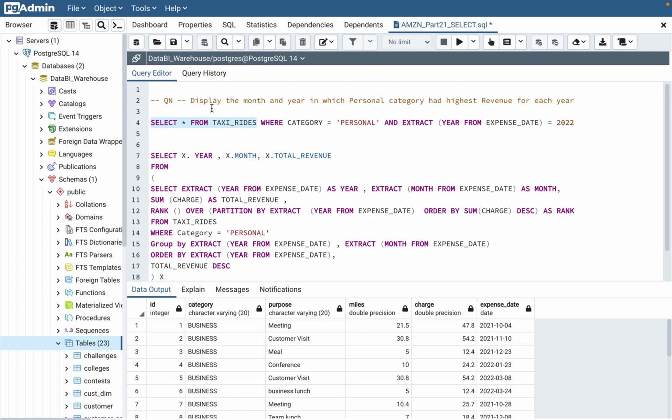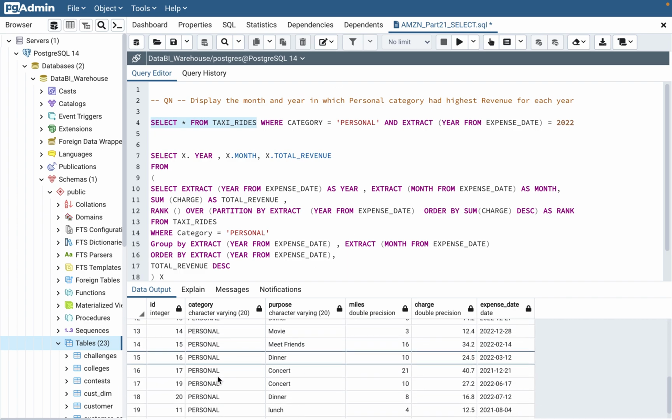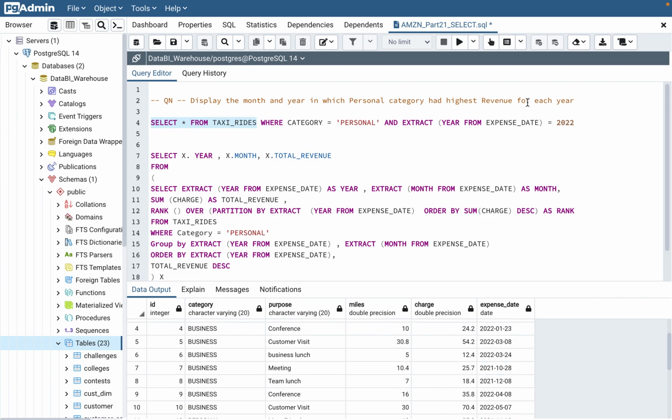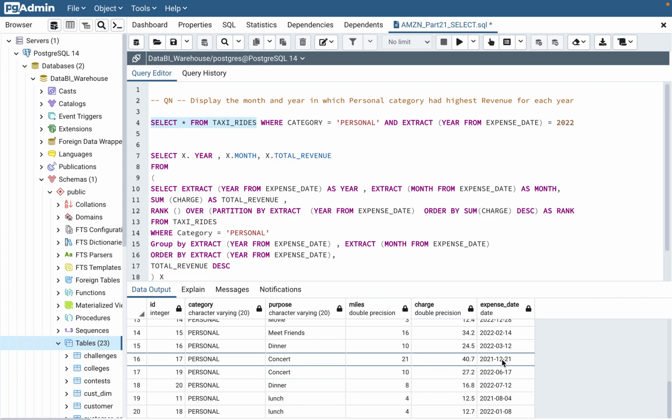So what they are saying is display the month and year in which personal category had highest revenue for each year. So they are saying give me the month and year in which personal category had the highest revenue. They don't want to look at the business category data. They want to do analytics only on personal category. When they say revenue, revenue is nothing but the amount that was paid for the trip, so the summation of all the amounts that were paid. Revenue for each year. If you see our table, we have 2021 and we have 2022, so 2 years. So basically, they're saying for each year,